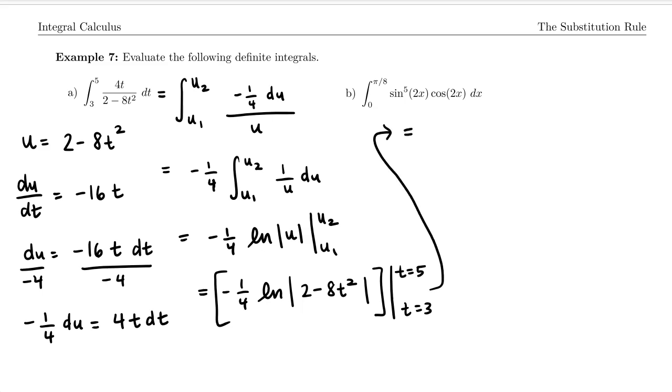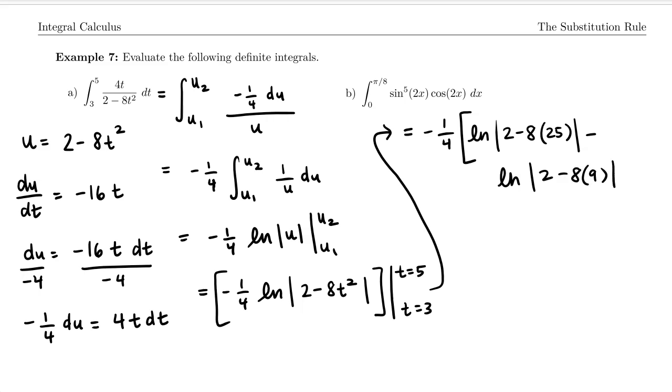So this is now equal to, I'm going to keep the negative 1/4 factored out, and I'm going to have the natural log of the absolute value of 2 minus 8 times 5 squared, which is 25, and then minus the natural log of the absolute value of 2 minus 8 times 9. And then I'm going to close my bracket there. That's equal to negative 1/4 times